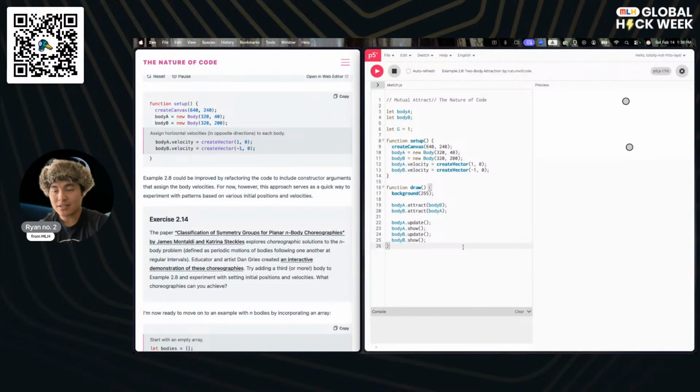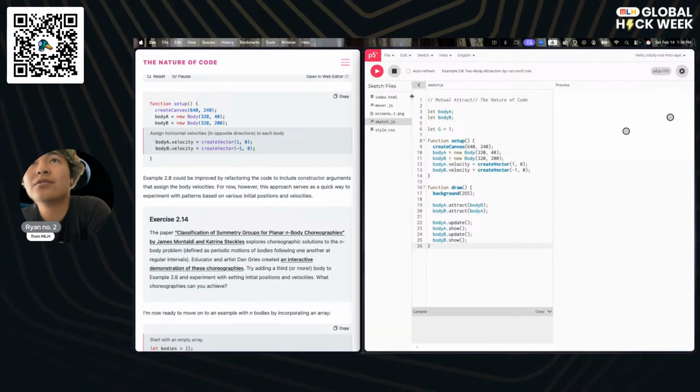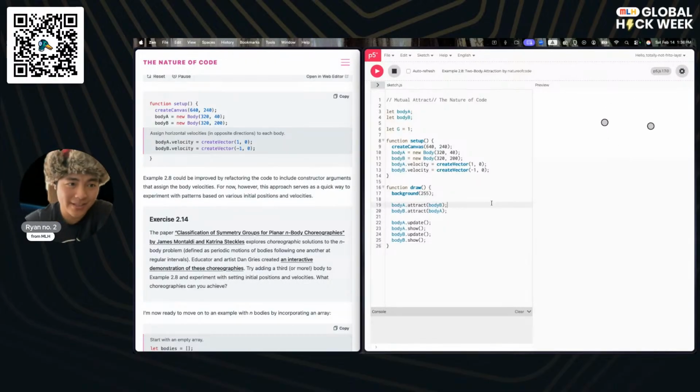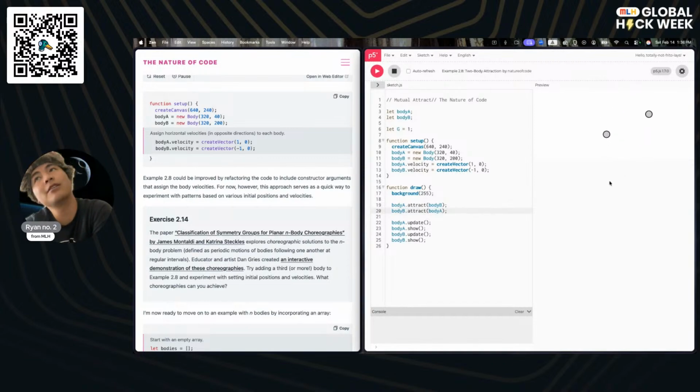Let's actually look at the code first to see what's going on. So we've only got a single mover class instead of an attractor and a mover class, which makes sense. I think the n-body problem right now is we're treating each mover as an attractor as well. Right now, these are pretty stable, which is kind of interesting. I'm not really sure why they're in such a stable orbit if there's nothing in the middle. But I'm guessing we will figure that out when we investigate this.